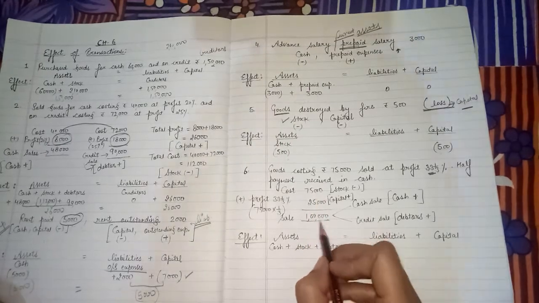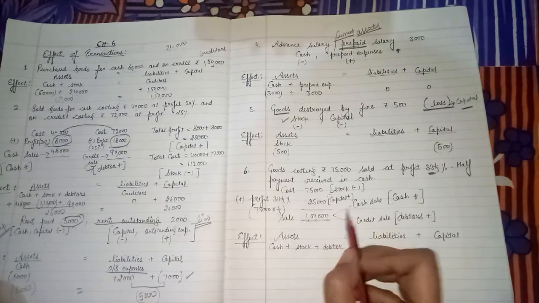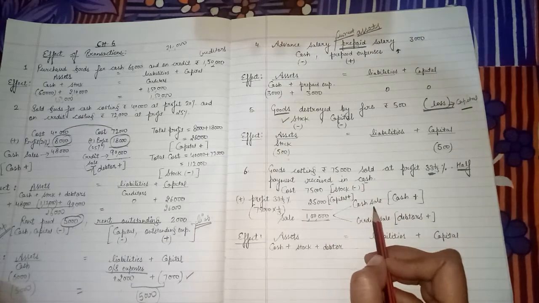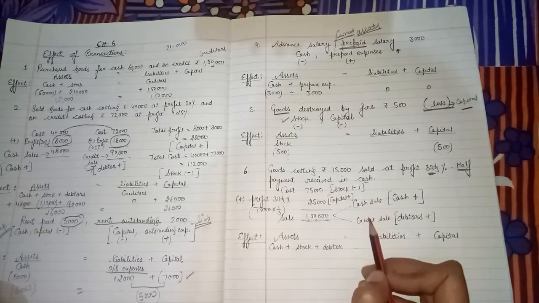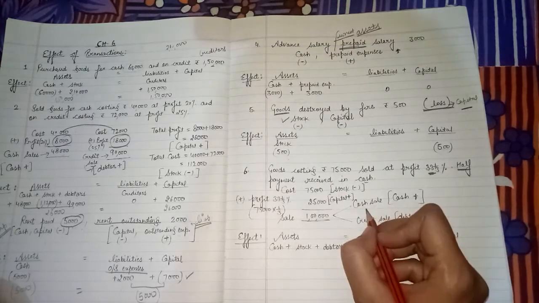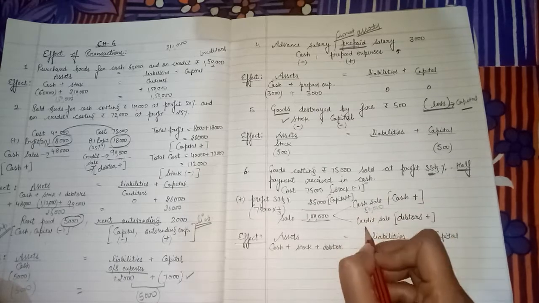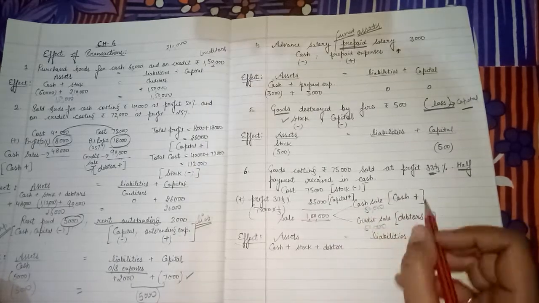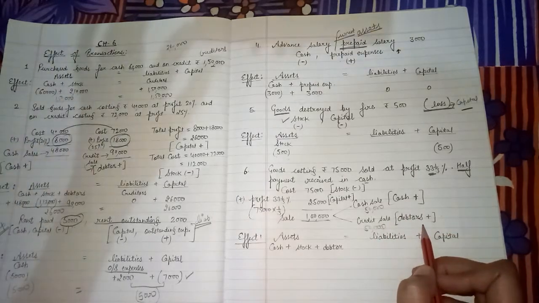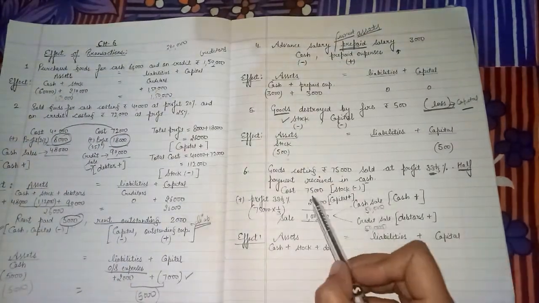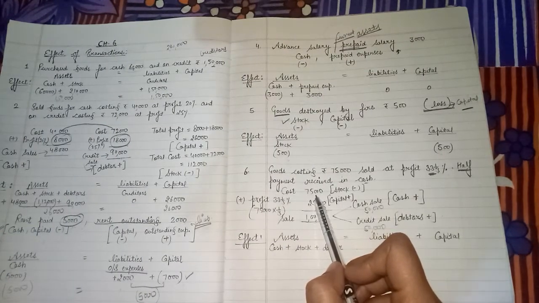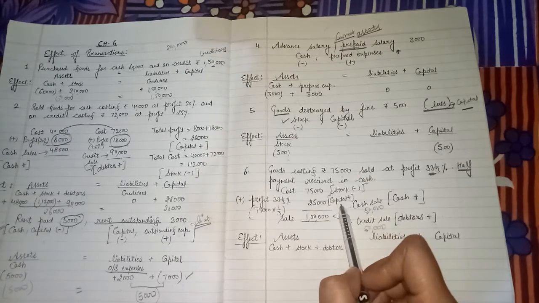Clear? Now, total sale is divided into two parts. Half payment is received in cash, means half sale is in cash and half is in credit. So we have divided in two parts, cash sale and credit sale. 50,000, 50,000. Cash sale 50,000. 50,000 will be added in cash and 50,000 will be added in debtor. Clear? And cost of stock is 75,000. So stock is reduced by 75,000. Profit we will add in capital.